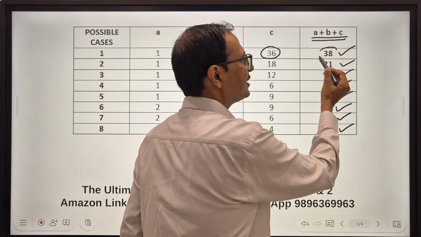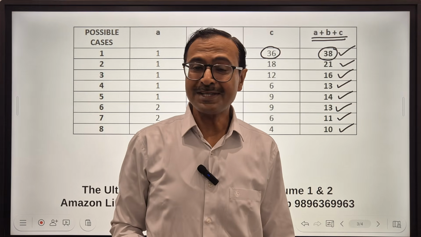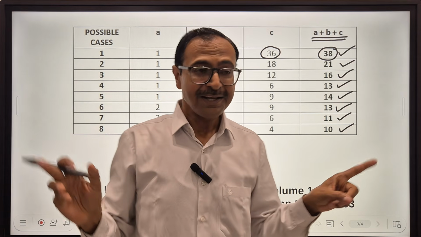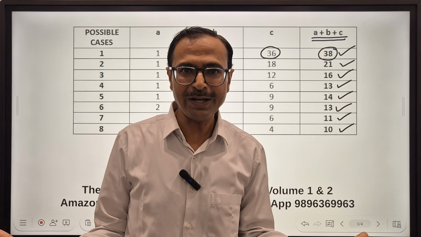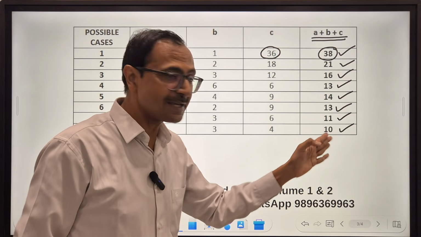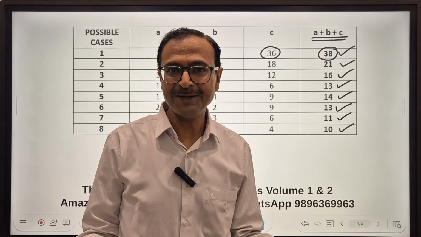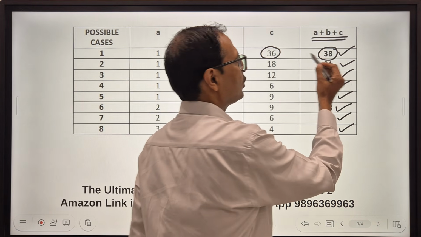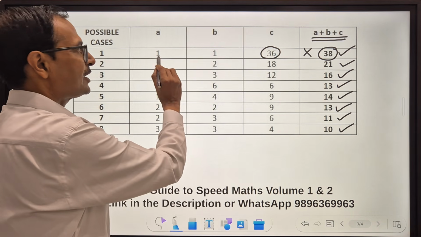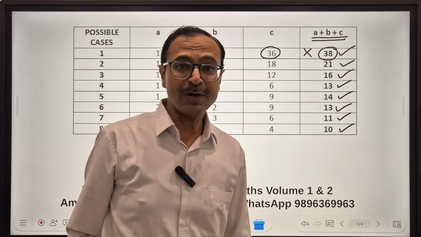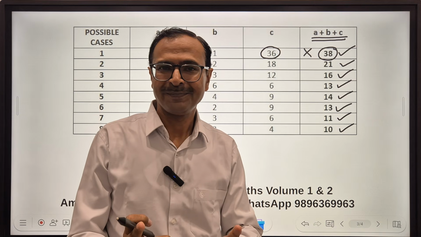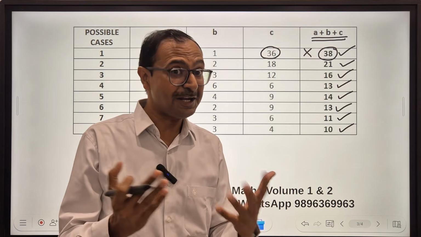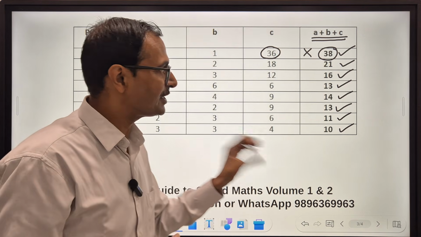they were not 38. Why? Because if chairs would have been 38, then there is only one possibility, 1, 1 and 36. That is the only possibility. In other cases, there are no 38 chairs, right? So this is ruled out. The ages cannot be 1, 1, 36, because otherwise this would have been a certain answer, right? But he said the data is not sufficient. Let us consider the other ones.